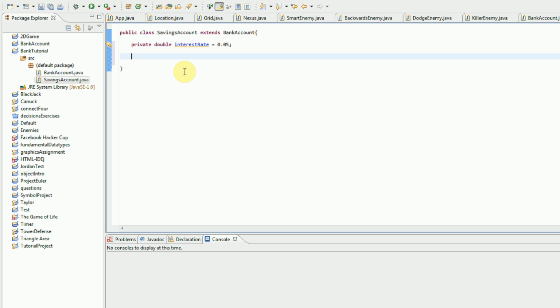We cannot see the methods, but they are there. Trust me, they are there. So what we're actually going to want to do is create a constructor. So we could say public SavingsAccount, and whenever somebody creates a new savings account, we're not going to adjust